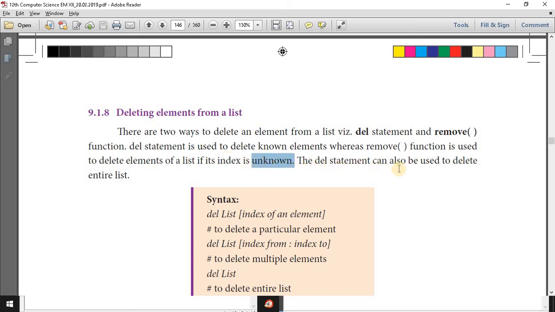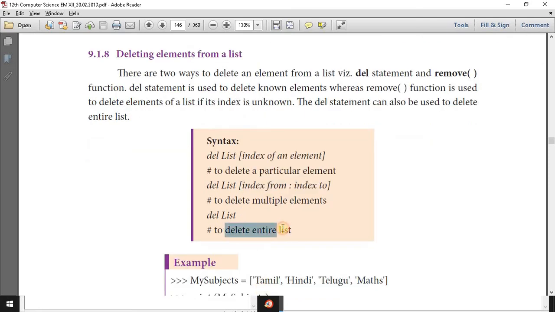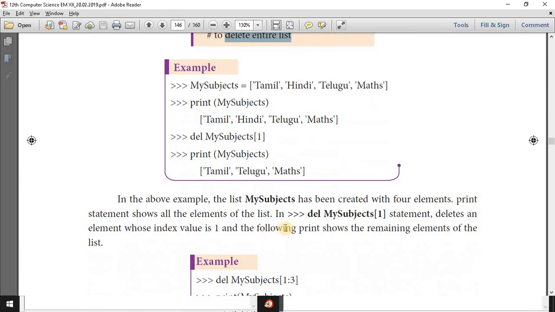The del statement can also be used to delete the entire list. So del can be used in three ways. Del statement deletes one particular element at the specified index position, or a range of elements, or the entire list. Just del space name. So we can see these examples.